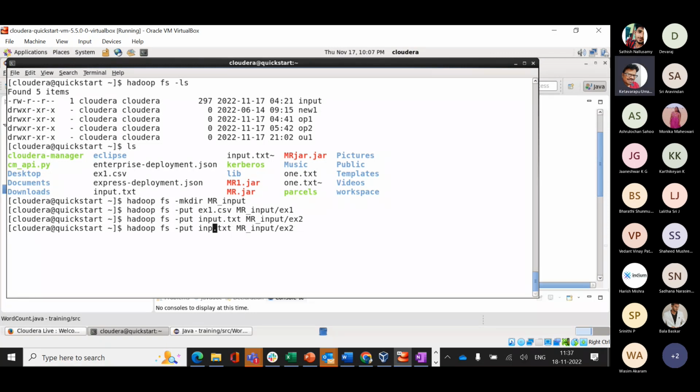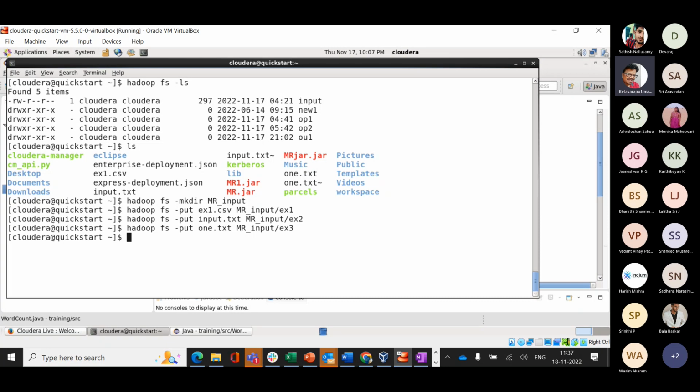one.txt, and I'm making use of ex3, the same put command. Now all the example one, two, three source files are there in the mr input, and we'll try to run the job submission related to that particular file. Of course, it takes some time. Meantime, we can finish that